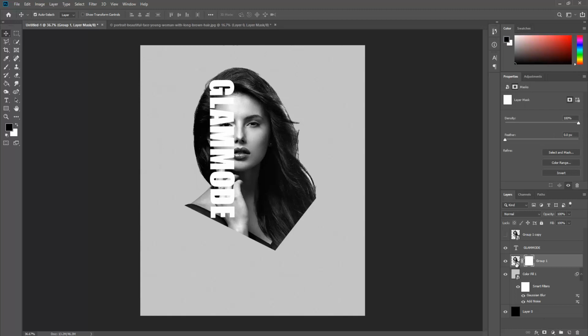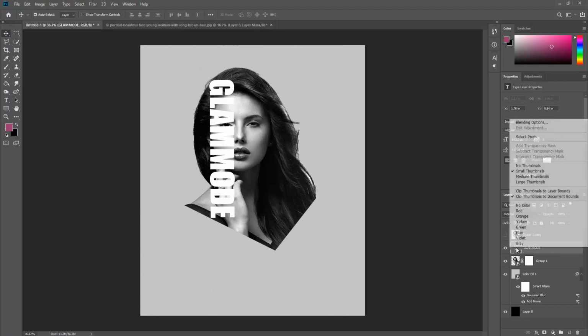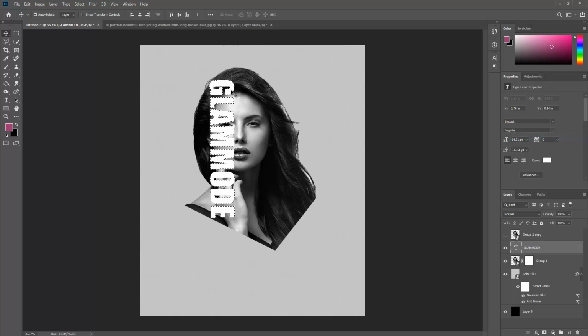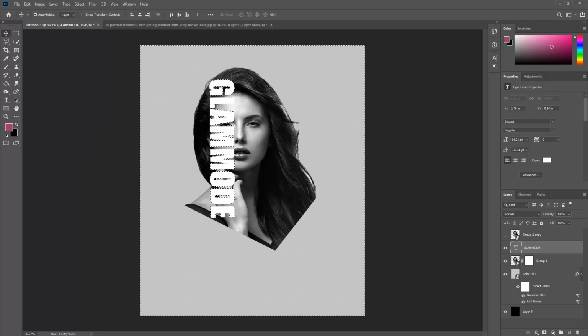Once you create that, go back onto the text layer, and make sure your T is selected. You are on the T, not on this text. After that, you need to right click on here, and after that you need to click on select pixels. Select that. Can you see your text has been selected? After that, you need to go into the select option, and from here what you have to do, you need to click on inverse. The next thing that you have to do, you need to pick up your brush tool